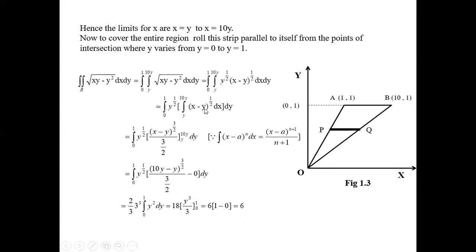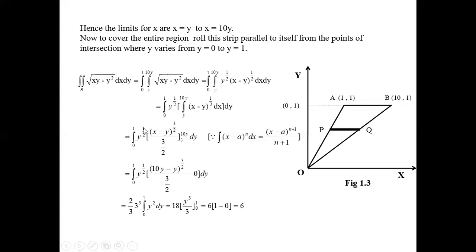Now y is constant. So therefore this becomes (x minus a) to the power n type. So the integral of (x minus a) to the power n dx is given by (x minus a) to the power n plus 1 divided by n plus 1. You have a formula to find the integral. So apply that formula to this equation. Then you get (x minus y) to the power 1 by 2 plus 1, which is (x minus y) to the power 3 by 2, divided by 3 by 2. And then whatever the integration you are having, you have to put the limits for this integration, y to 10y.